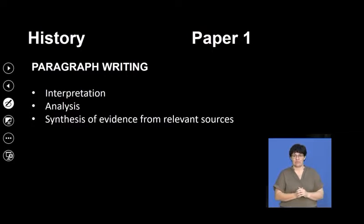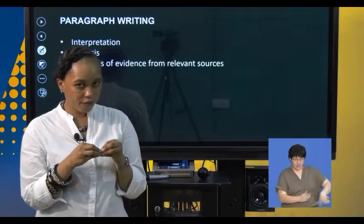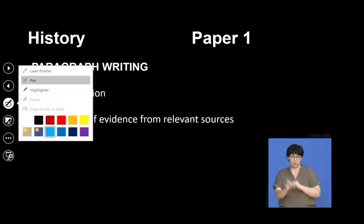Now, we are moving to a different skill, and that is paragraph writing. So you will see that in your History Paper 1, and it happens in Paper 2 as well. Once you've answered all the short questions, you will be expected to write a paragraph. The skills that you're expected to display when you are writing your paragraph are